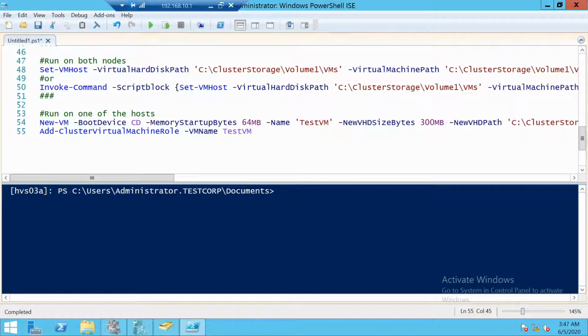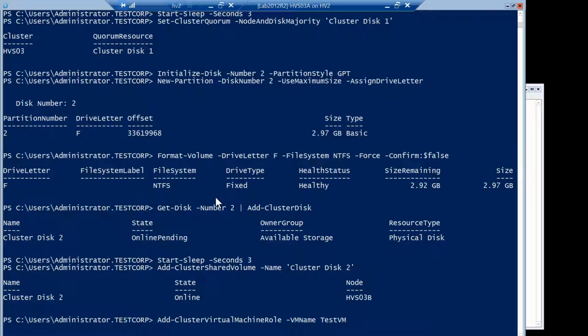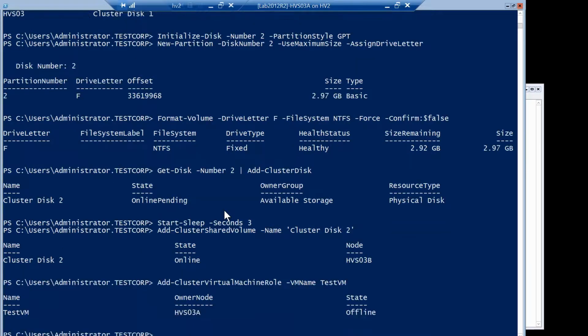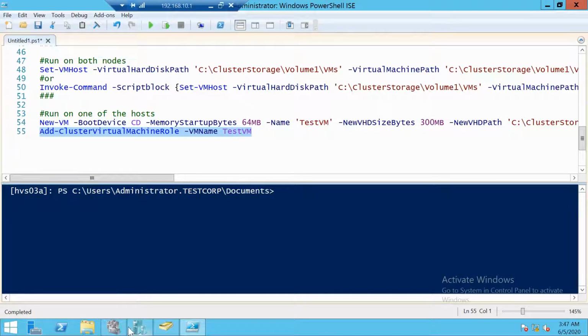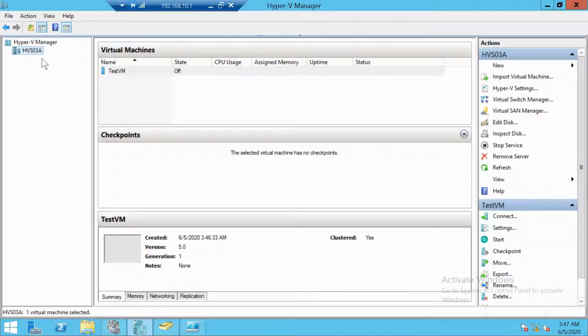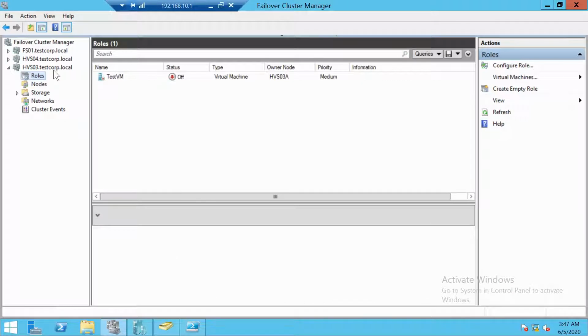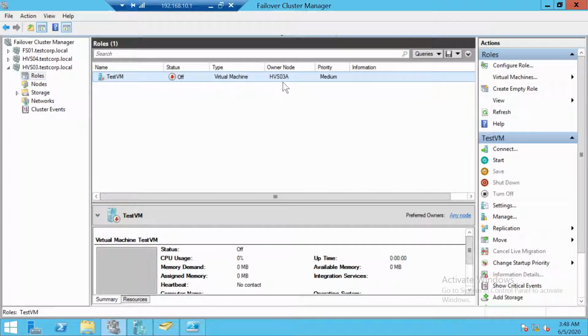To add the machine as a cluster role, we have to use this command, but this has to be run directly on the server. So on the A node, let's run the command, and now it tells us that it's done. So if I now go to Hyper-V Manager, nothing has changed really, but in Failover Cluster Manager, we now see the VM as a cluster role. So we were successful. And more or less, this is how you can create and configure a basic Hyper-V cluster,